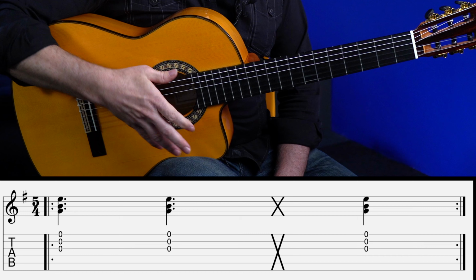Okay. If we hit it a little bit harder on the and of 2, that's an important rumba element. Accent on the and of 2. That's right here. 1 and 2 and 4 and... Another good place for an accent other than the 1, the very beginning of the measure, is on the 4, so there we'll slap. Okay, so we'll go 1 and 2 and...